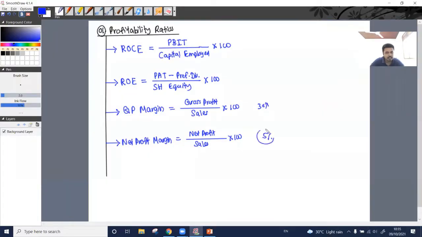What is the idea of this 5%? To pay off dividends, if we have done a sale worth of 100, still 5 remains for us to make